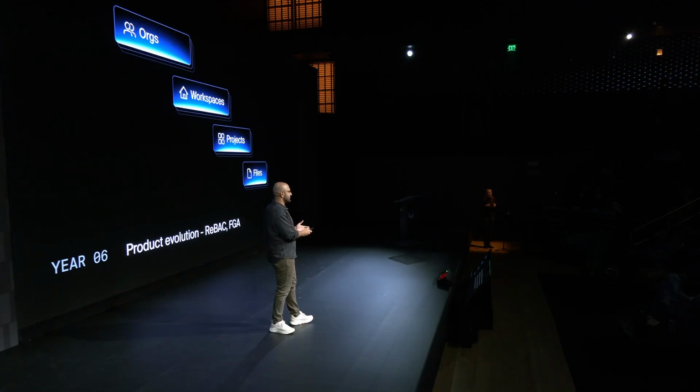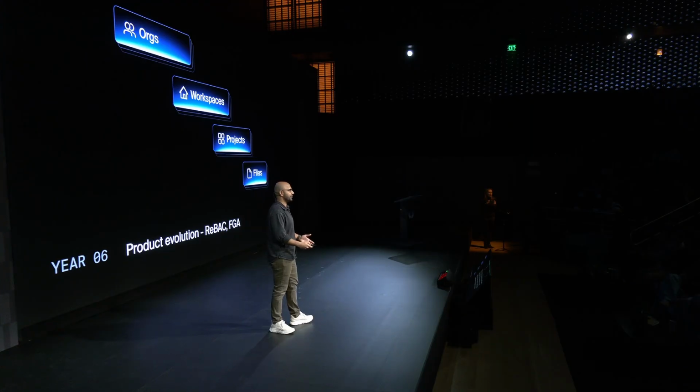And as you can see, we are still in year 6. Figma is still trying to grow rapidly. They have a ton of product features to build. You don't really have the time to invest in a company-wide migration effort, which, as you all know how company-wide migrations go, takes more than a year, right? So anyways, they had to take this action because clearly they had to grow their product. So Figma ends up prioritizing these resources. They rewrite their entire AuthZ stack to unblock this specific use case.